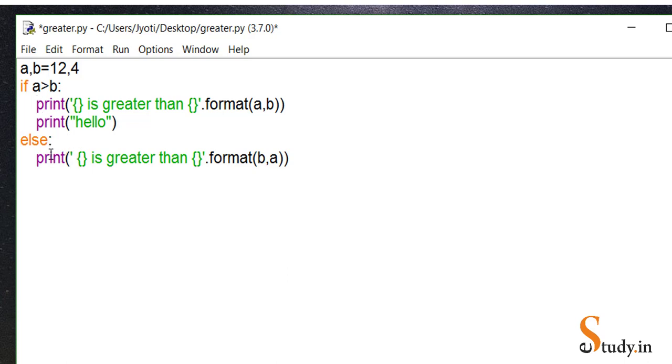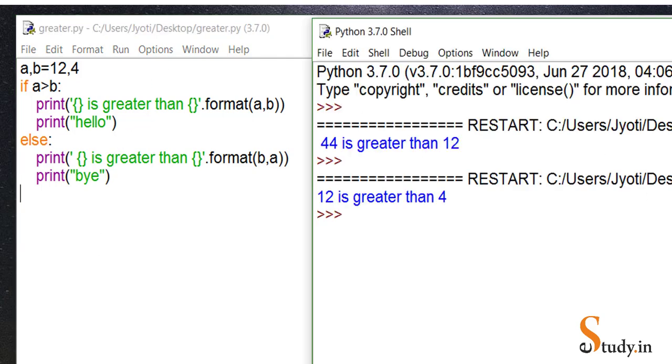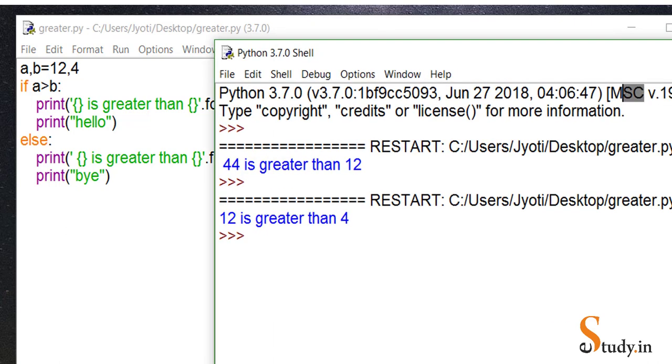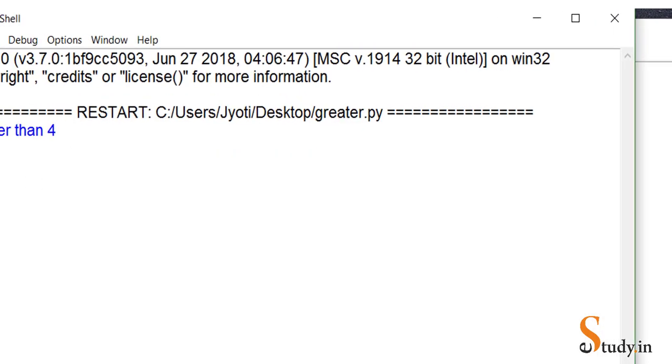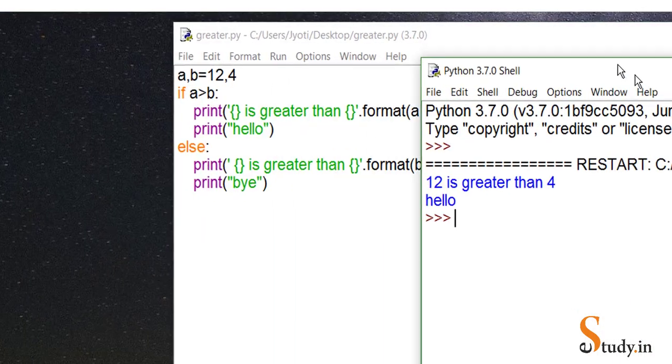And the moment you put a colon after else, it has started the else block. And in the else block, you can have as many statements as you want. Let's suppose here I write print bye. Close this, save it, and let's just close this output window so that we have a clean slate. And let's run it again, run module, and here see 12 is greater than 4 and it is printing